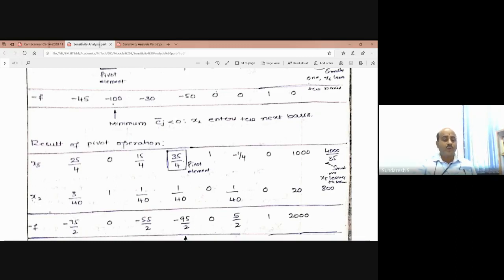So please make a note of this. This is very, very important for you, because now you can easily do it. After some time, you will get confused and forget it, and then you will start wondering how we got these values. So please try this one or two times, so that if you have the calculation steps, then the rest of the things will be very easy. So I will show this.